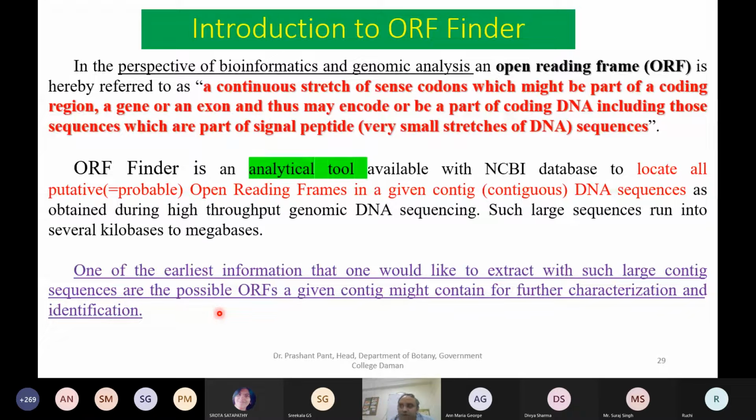Because if you have gone through bioinformatics, genomics is a very important branch, and in genomics there are 3 steps: structural genomics, functional genomics, and comparative genomics. Structural genomics is basically DNA sequencing. Okay, get the DNA sequenced.